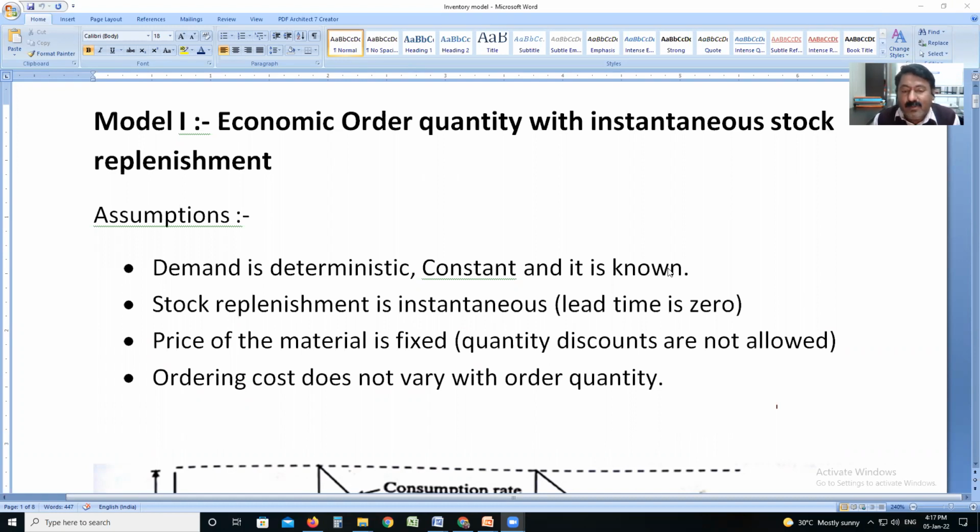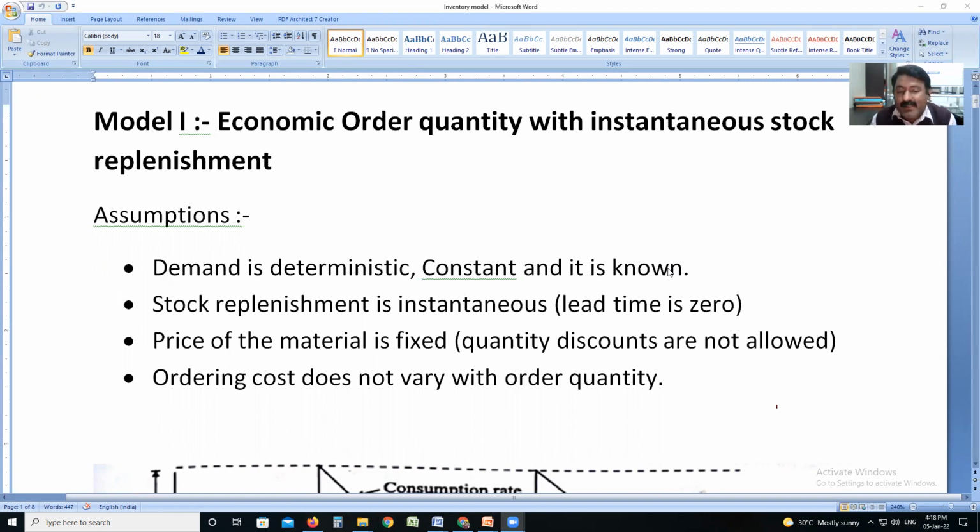We know the demand, that for the month of February demand is 200, for the month of March demand is 200. It is constant and we have complete idea about the demand. Demand is known; this is the first assumption. Second assumption, stock replenishment is instantaneous. Lead time is 0. This is somewhat difficult, but it is assumed. Lead time 0 means the stock is finished, immediately replenishment happens and the stock is available as per the requirement. In an actual case, is this possible? No. If you have to purchase from the market, at least 1 day is required.